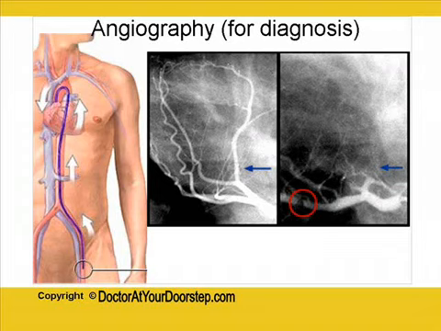This is picked up on a radiograph, and in that you can clearly see where the block is. As you can see in the right sided diagram, we have made a red circle, and you can make out that the dye has not reached there, and therefore that is the place where there is a blockage. So angiography effectively detects where the blockage is in the coronary arteries, and this helps us in subsequently treating the person, because then we know where the problem lies.